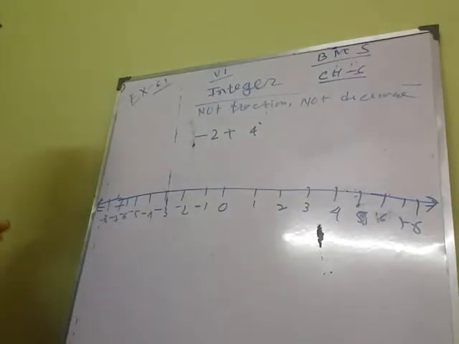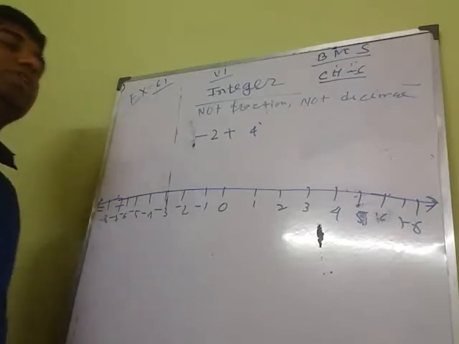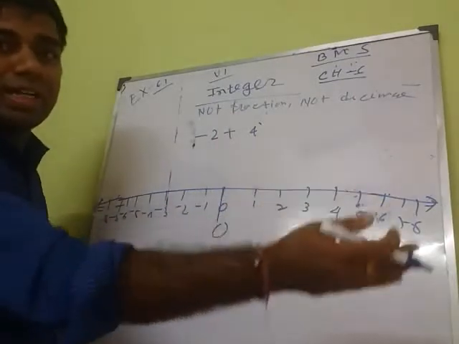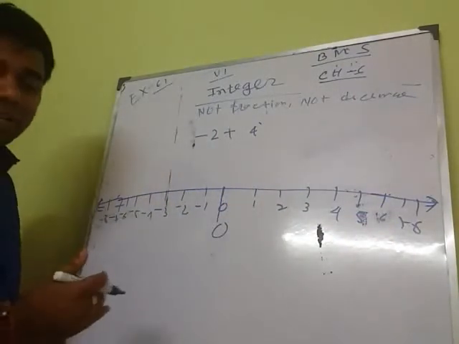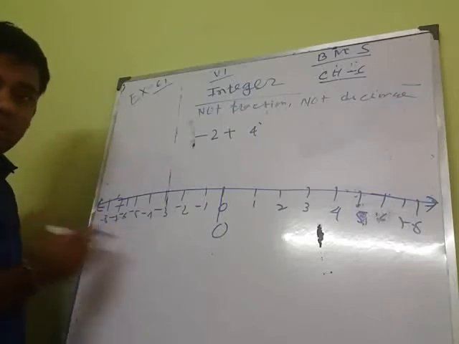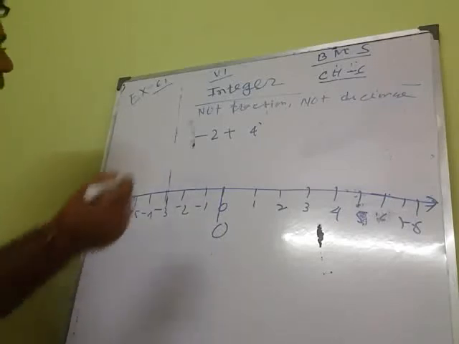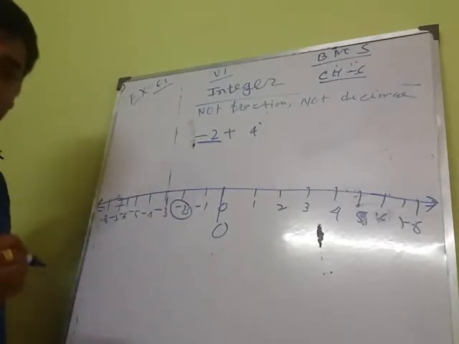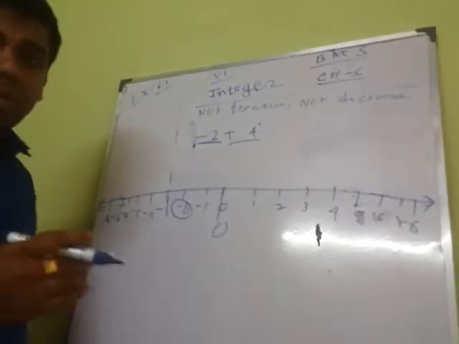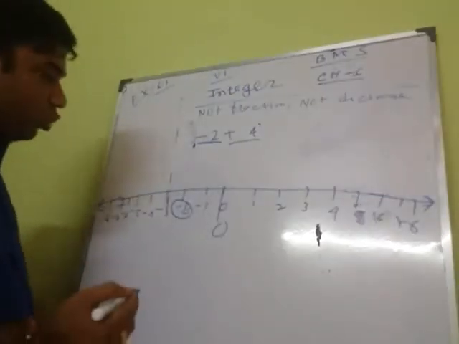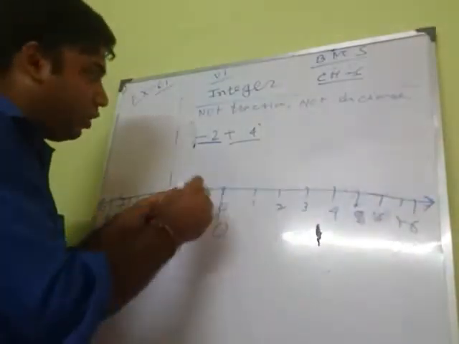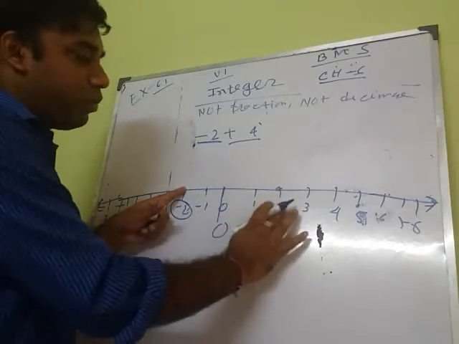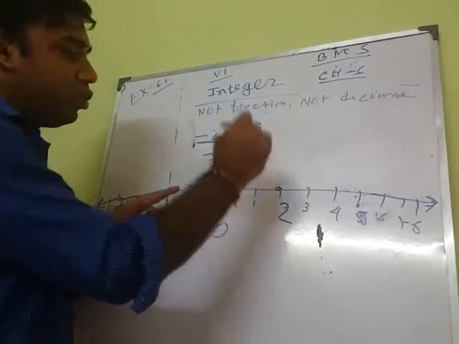Okay. One thing, keep it in your mind that plus means you have to move to the right hand side, and minus, negative, means you have to move to the left hand side. Now here minus 2 is given, so mark that point at minus 2. Now plus 4, adding 4, means you have to move to the right hand side, 4 steps. 1, 2, 3, 4, that point is 2, so the answer will be 2.